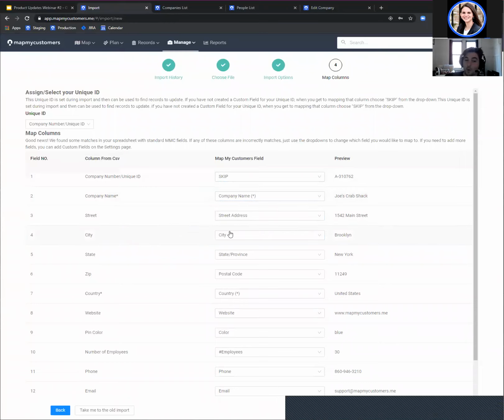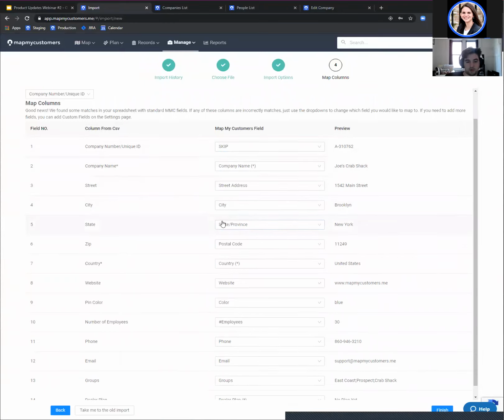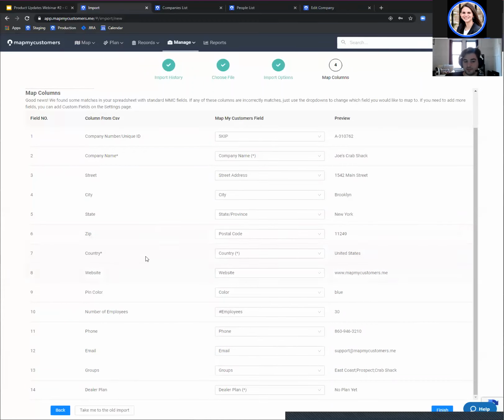So again, where possible, Map My Customers will automatically match these for you. So if you notice, I didn't have to choose street. It just knew it was the street. And as I scroll down, I can see that this is actually pretty awesome because it's actually mapped most of this for me, making this import really fast and easy. Even my custom fields that I was planning on importing, dealer plan, for example, it automatically grabbed that and found that match for me. So then all I have to do is click finish,